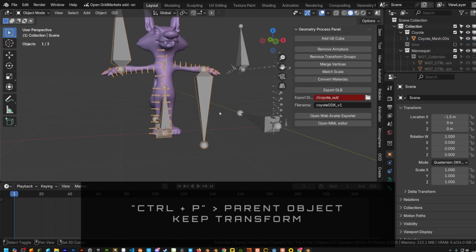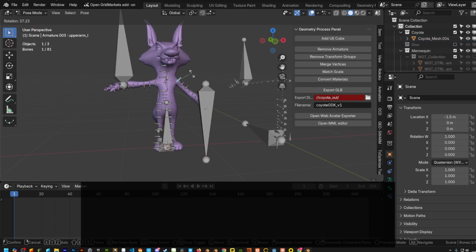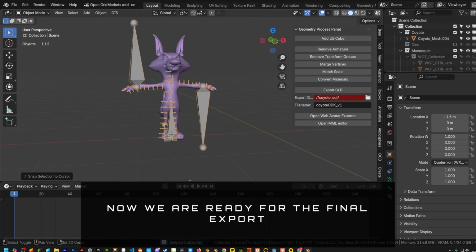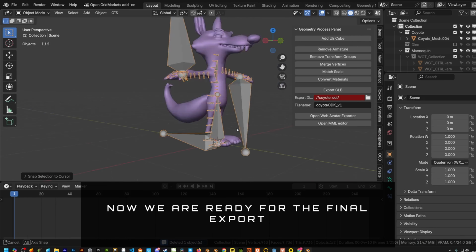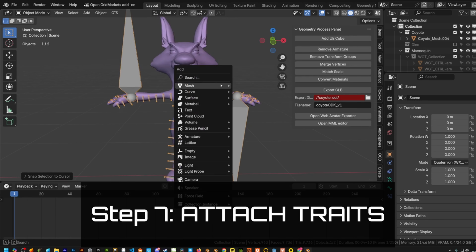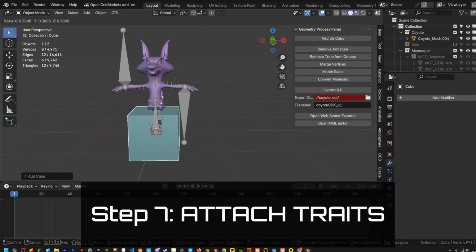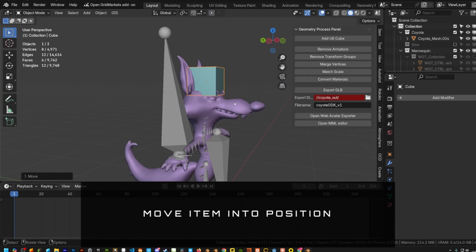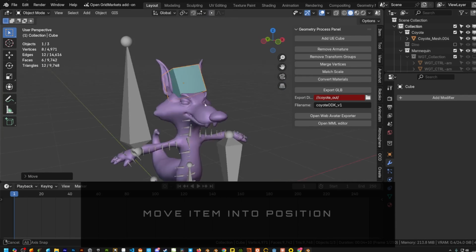And that just means now this is all working, and as you can see, if I go to pose mode, this rig now controls this character. So we now have the correct rig with the correct rotations, correct everything in Blender ready. So now if you had to add an object, if you had traits you want to add, now you can add the traits. So if you want to add a hat, you can place the hat here,